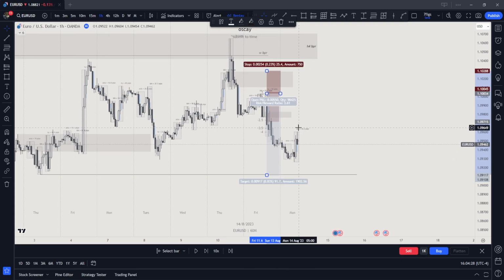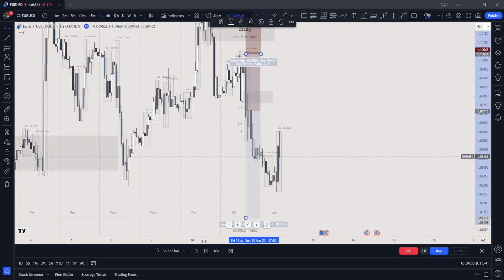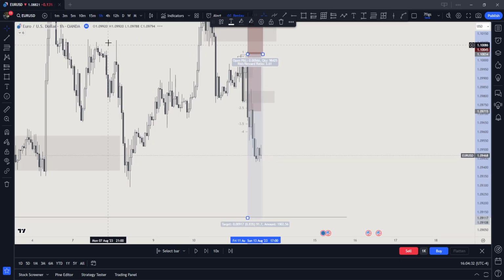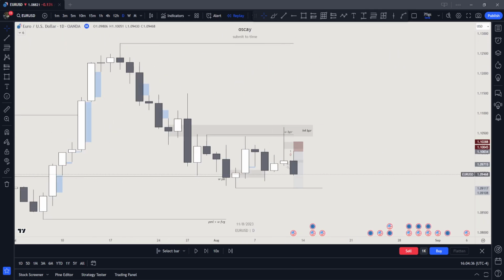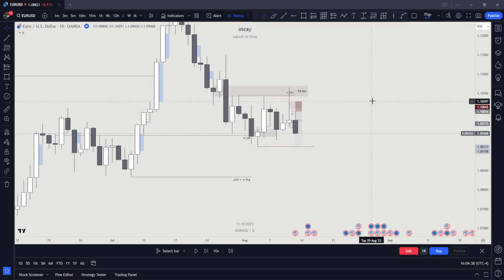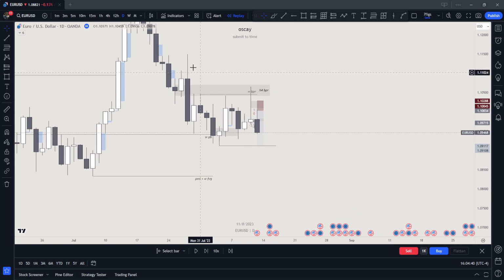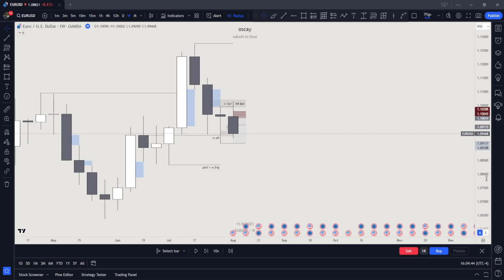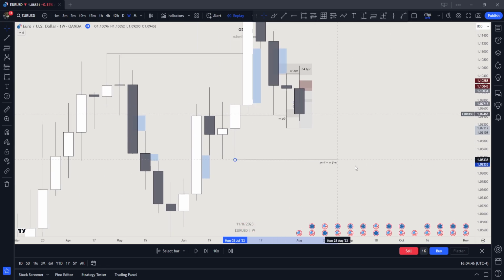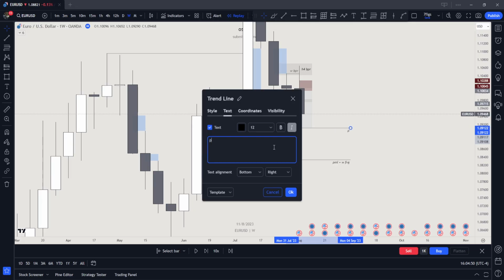Okay, now we have a sweep. Let me actually go through the checklist again. So daily, identify order flow. We are clearly in bearish order flow. We are coming off a weekly premium array. So after we came off this weekly premium array, we are seeking discount arrays. This is a discount array. This one is also a good discount array.